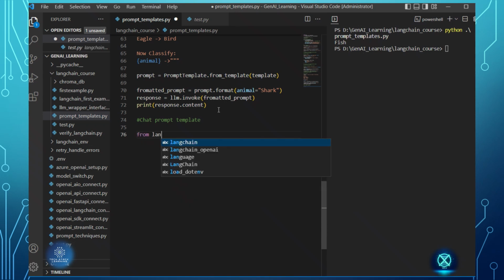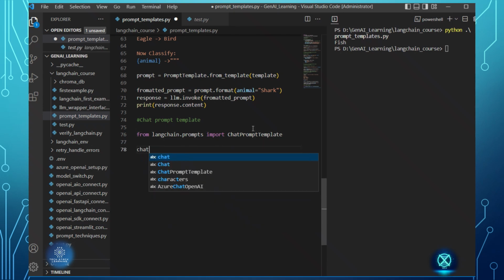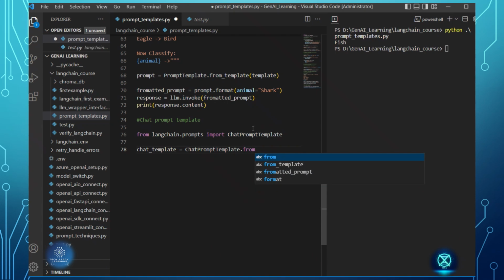So here one module we have to import, from langchain.prompts import ChatPromptTemplate, right? Then chat template equal to ChatPromptTemplate.from_messages of